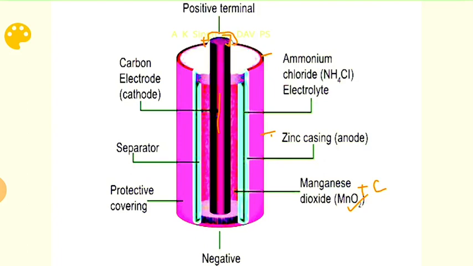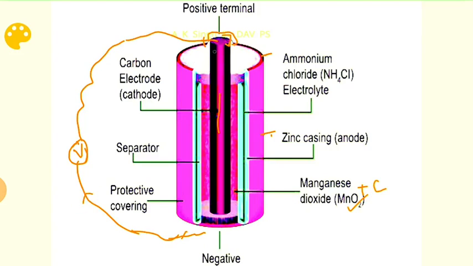Now the reaction takes place between the zinc and ammonium chloride. So zinc loses electrons and those electrons pass. You can see here it is connected with the voltmeter or bulb or any other device. Then what happens? Here electrons move from zinc, meaning the bottom, towards the brass cap, and current flows from the brass cap to zinc.